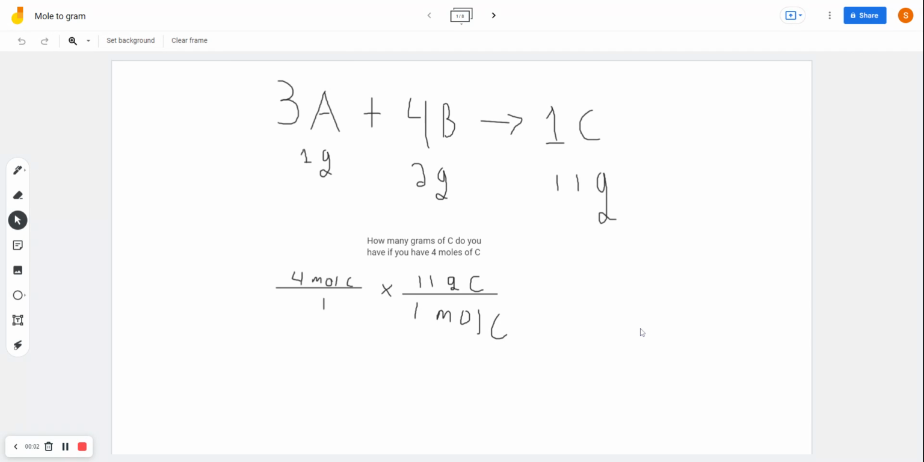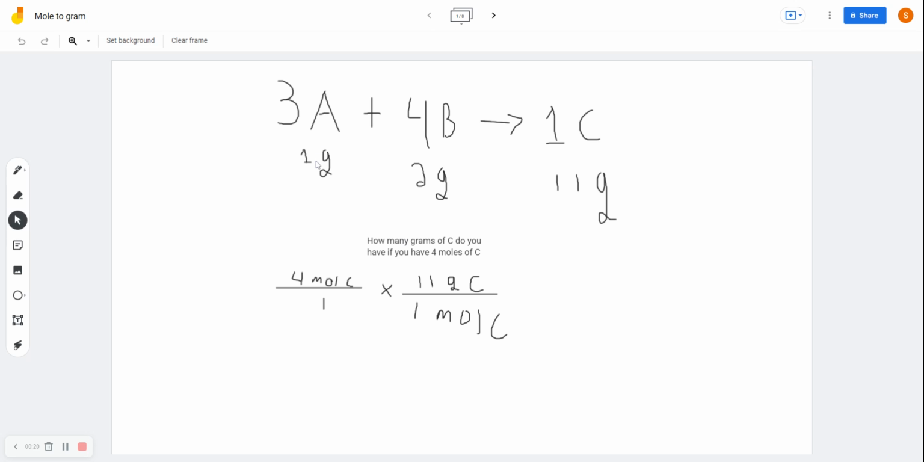Hey guys, today I'm going to be making a video on stoichiometry, how to go from moles to grams. In the coming days I'm going to be making how to go from moles to moles and grams to grams. So here we have 3A plus 4B turned into 1C, and then the molar mass equals,